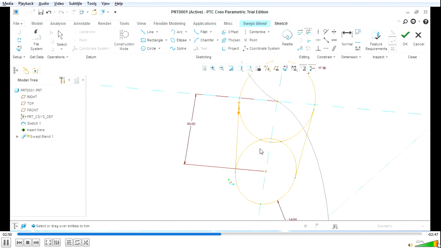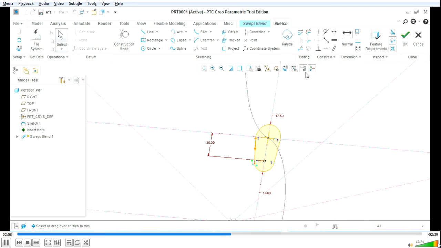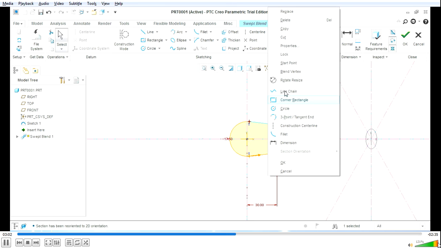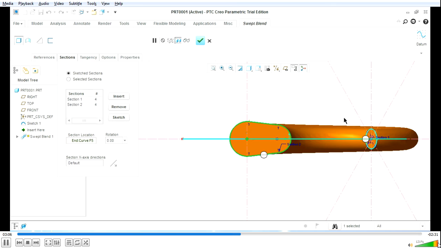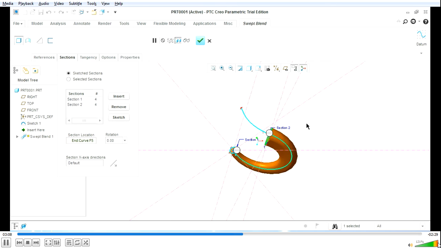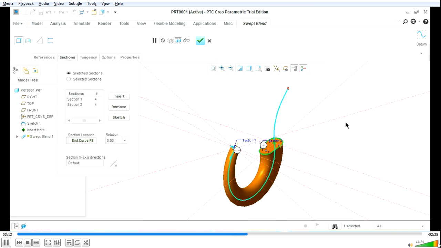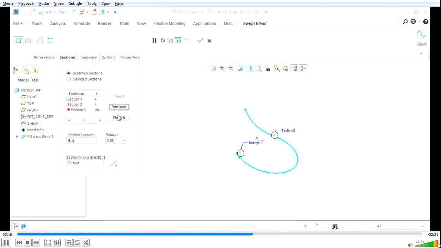Note that this section already has 4 number of entities and vertices, so this section is not to be divided into any number of entities and vertices. It is because of this section that we are dividing all the other 3 sections into 4 number of entities. The preview shows you a seamlessly connected circle and oblong.